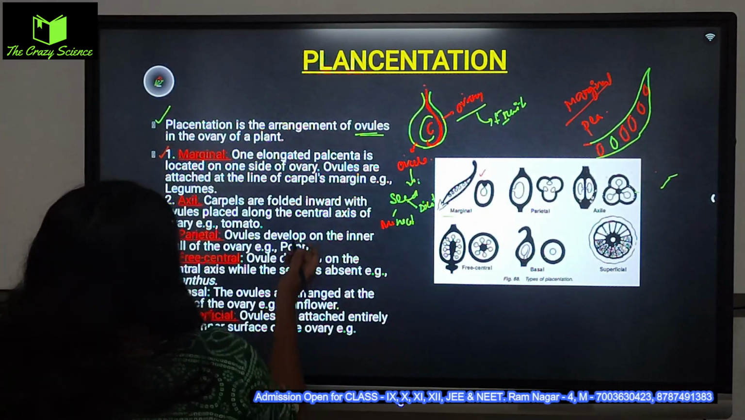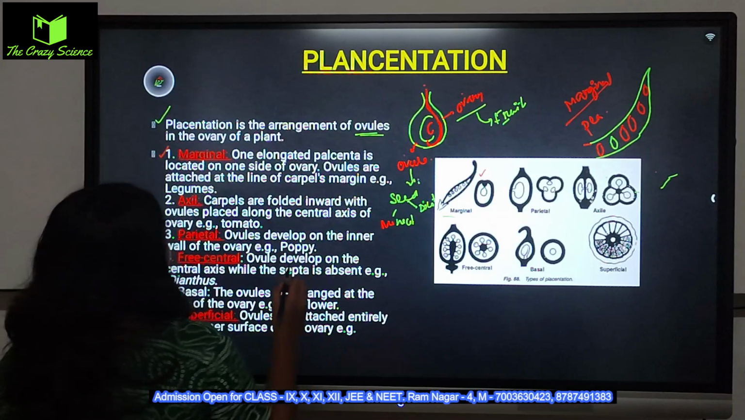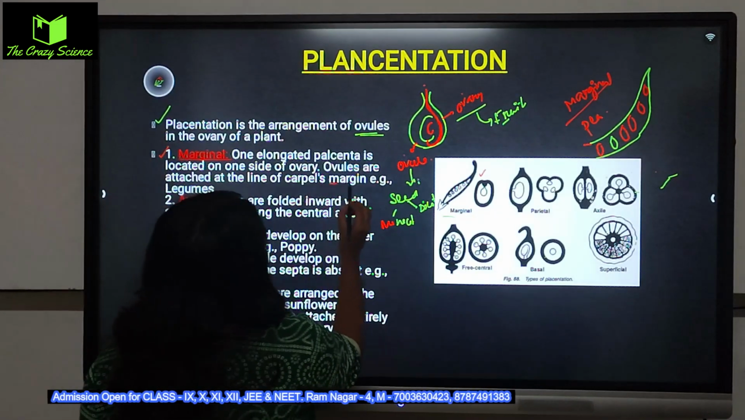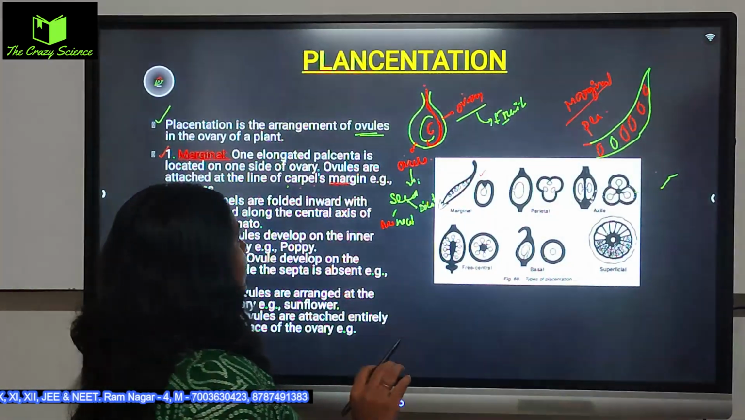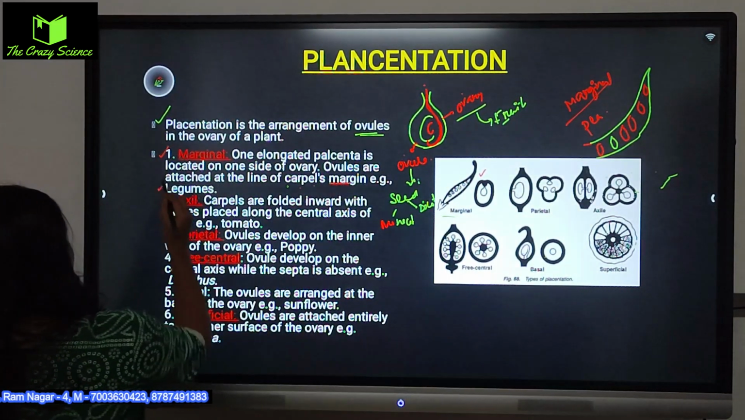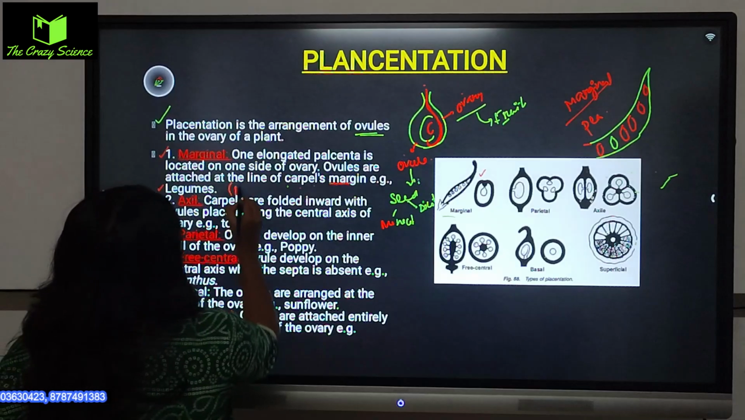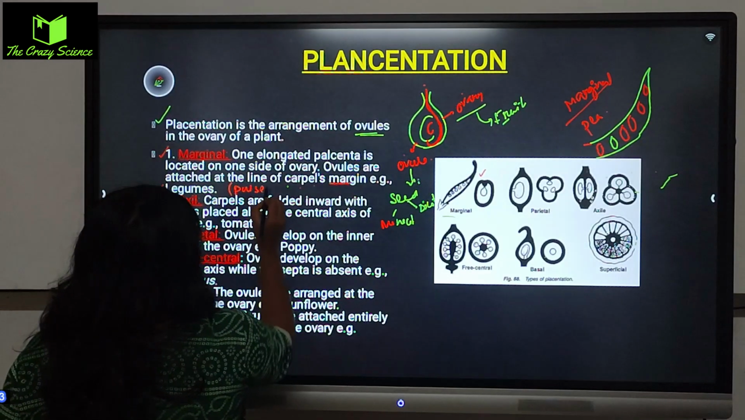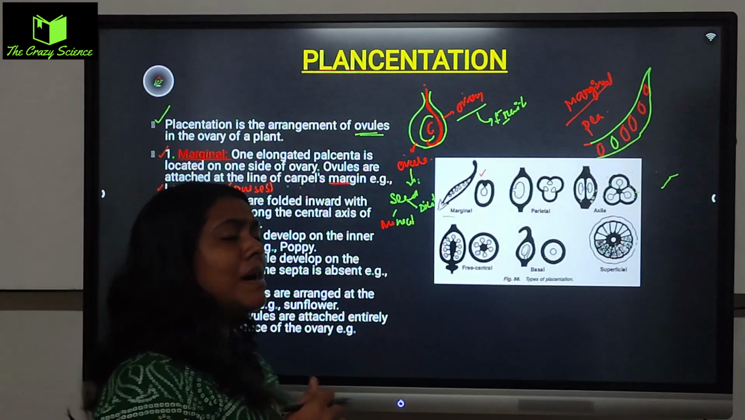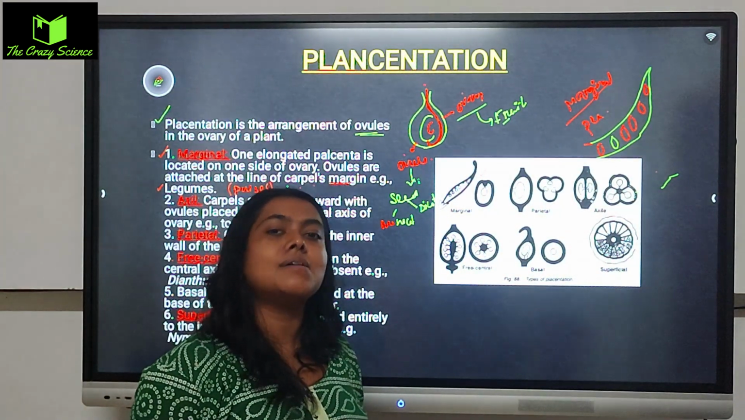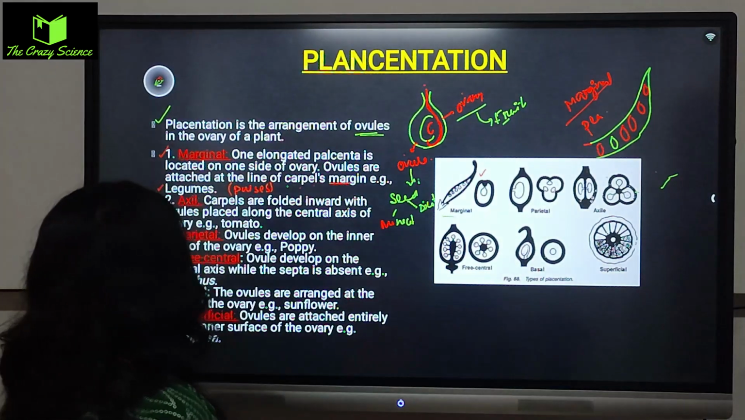Next one is, as it is given here, ovules are in line at the margin of the carpels. Carpels have stigma, style and ovary. Three parts are there here. Examples are legumes, pulses, all the pulse-type plants, in them we will see this. Next,